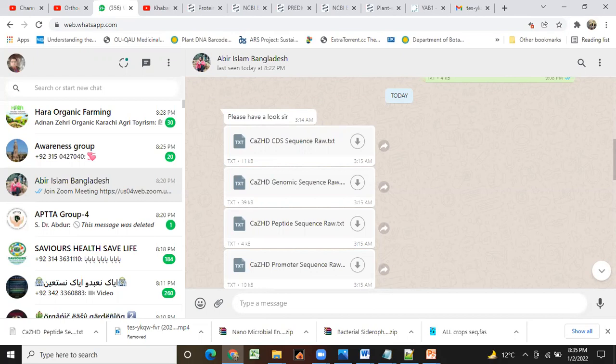Just peptide sequences, only peptides. Sir, I have the sequences for others, like Brassica, so I can manage that. It's not a big deal. I will just download these sequences from Phytozome in a click.